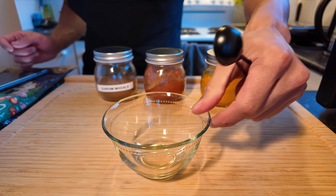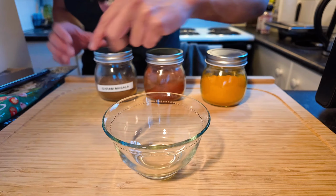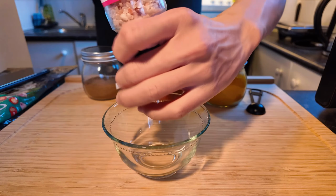You can definitely use fresh garlic and ginger, it would be so much better, but I want this to be a quick recipe and I'm super lazy, so I'm just going to use the mince. So we're going to prepare the marinade first. We're going to need some salt,